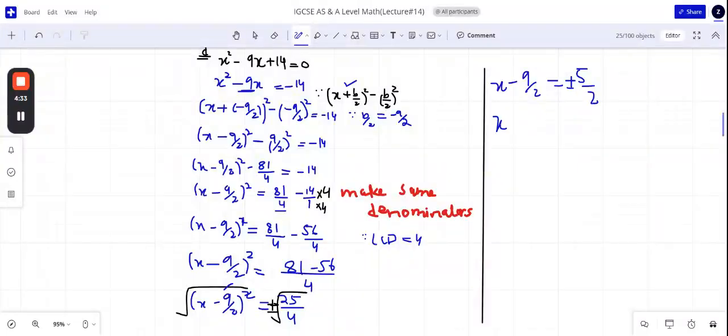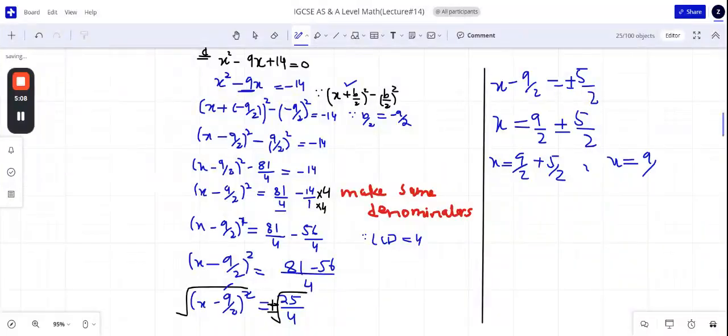Then here constant value we will shift on the other side, because to find the value of x we need to make the x subject. Subject means at one side of equal it should be single, no value with the x here. So x equals 9 by 2 plus minus 5 over 2. When we shift this on other side, minus sign becomes plus. Now we will put separately because the 5 by 2 has positive sign and also negative sign. Then x is equals to 9 over 2 minus 5 over 2.